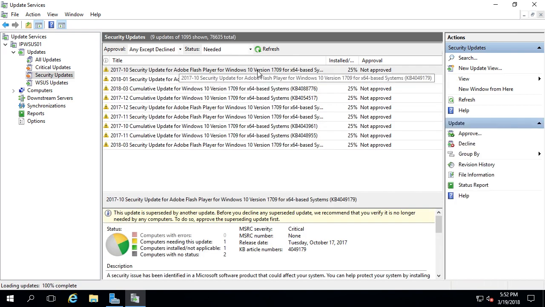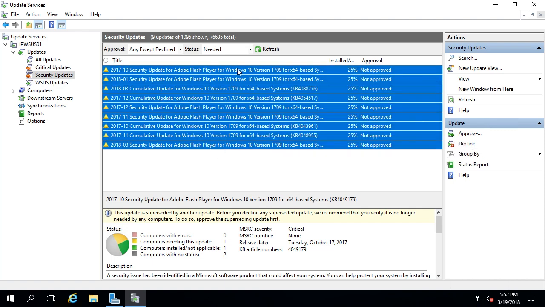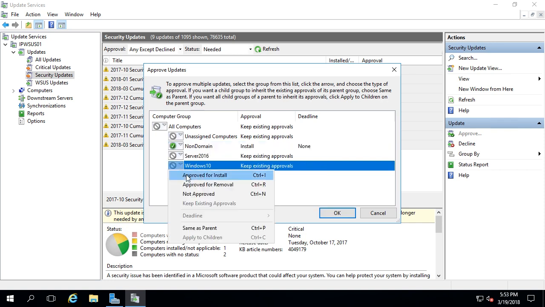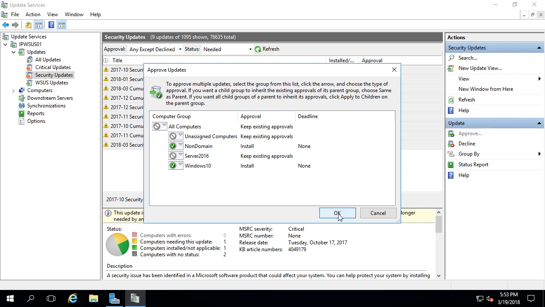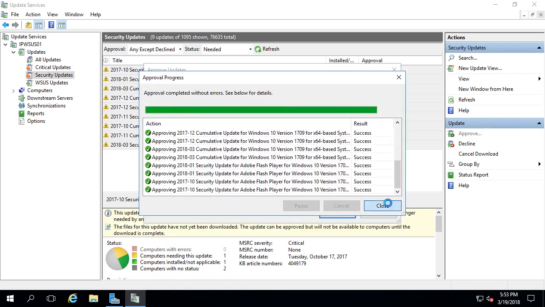we can see that we have some updates for Windows 10, and actually these are all for Windows 10. So what I'm going to do is just hold shift, select all of these updates, and make sure they're all Windows 10. I'm going to right click and choose approve, and we're going to approve these for the non-domain since I have a Windows 10 computer there, and for the Windows 10 group, I'm going to select approve for install. Okay, so now I'm going to click OK,